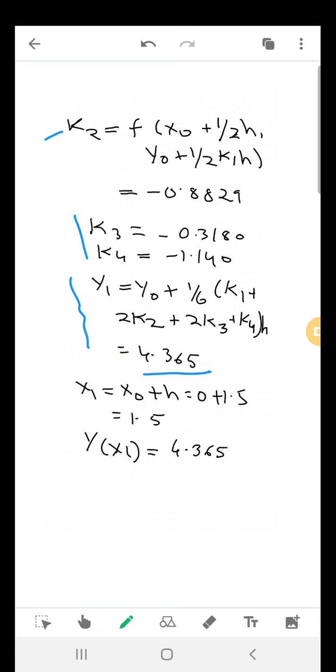This is the value of y1, or the value of y at x1. So this was the first iteration. Now we move to the second iteration, where the value of x changes from 0 to 1.5, because this step size has been added here. This becomes 1.5,